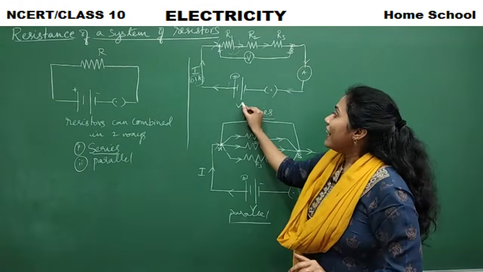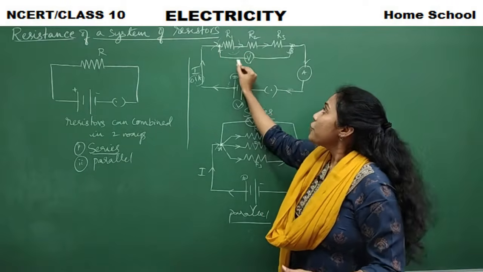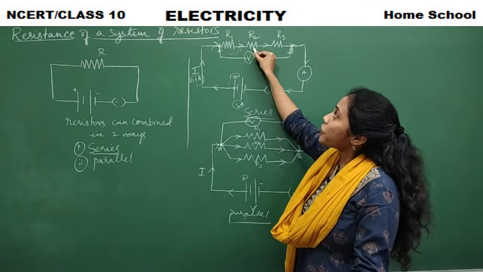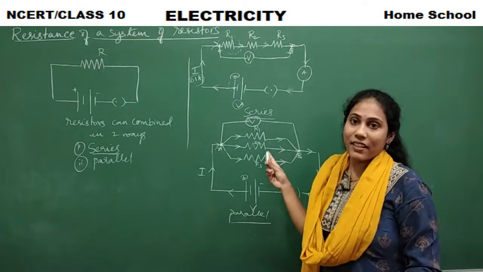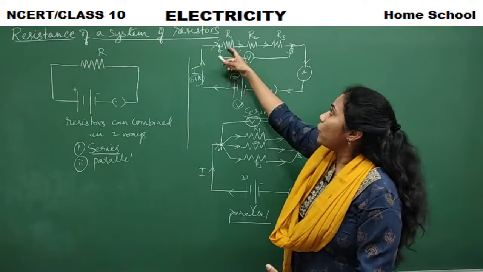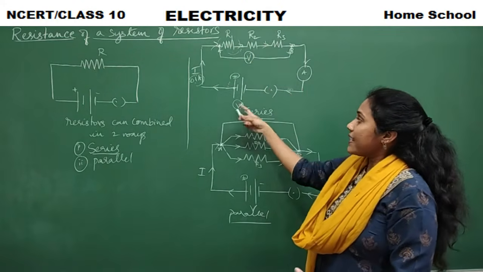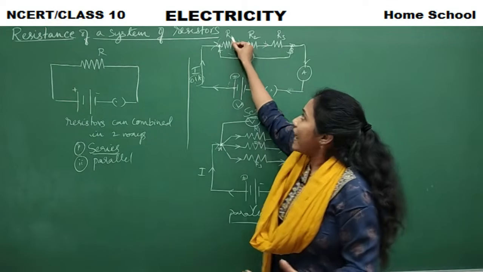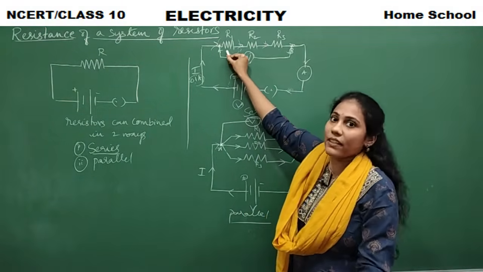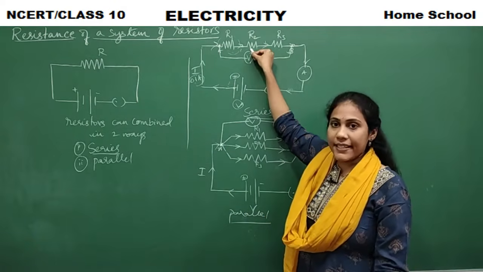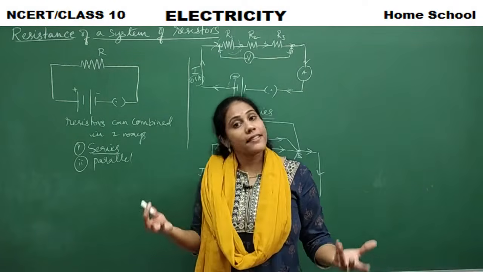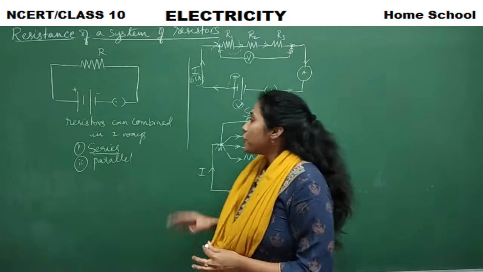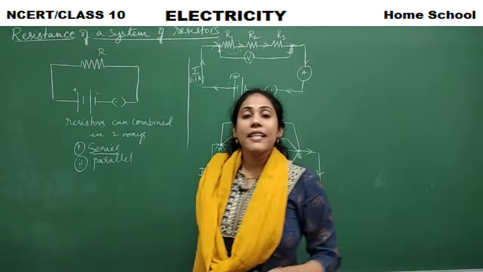We are also discussing the voltage difference. What is the voltage of this particular resistor, and what voltage do you find in this resistor as well as this? What is the relation between the voltages observed in these resistors and the total voltage? And later, this is the resistance. R1 is the resistance of this particular resistor, R2 is the resistance of the second resistor. But how much is the total resistance in a circuit? All this we are going to discuss in detail. So let us start studying everything about series connection.